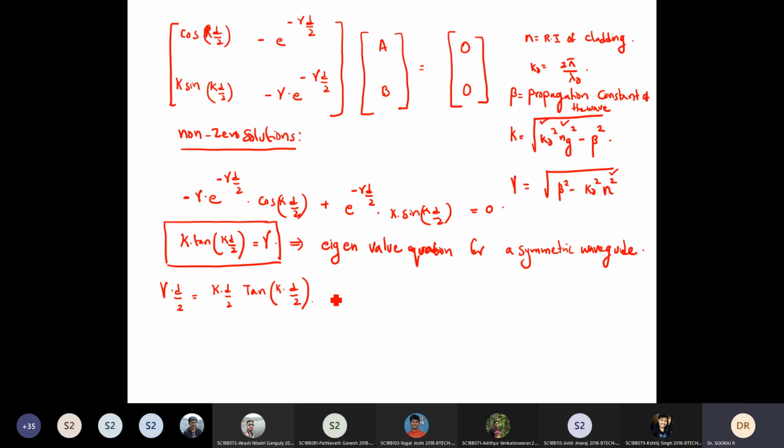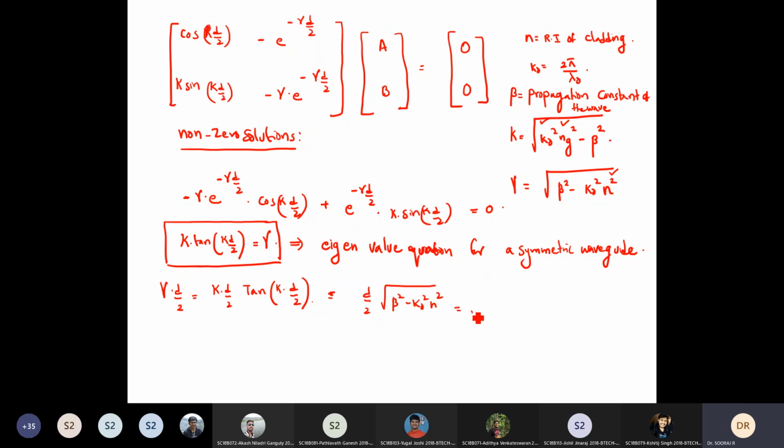And what was gamma? Gamma was the root of beta square minus k naught square n square. So gamma into d by 2 is equal to d by 2 multiplied by the root of beta square minus k naught square n square,